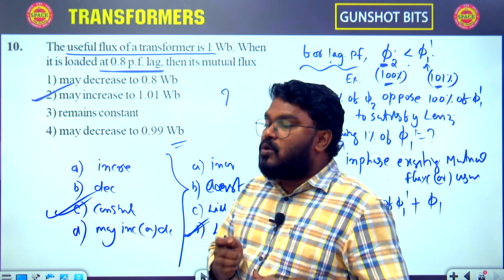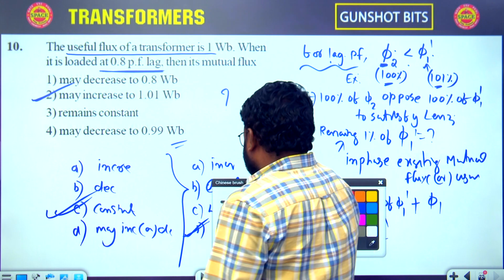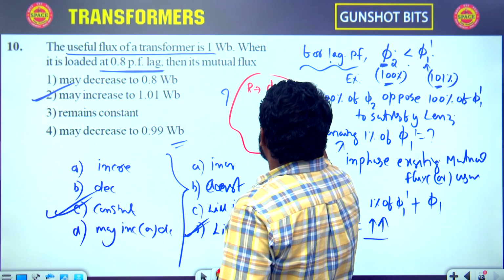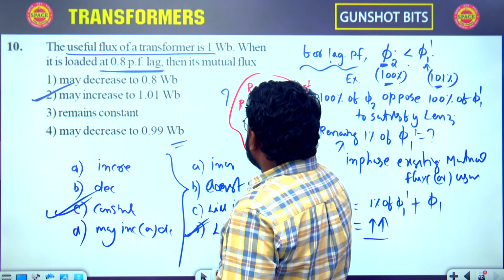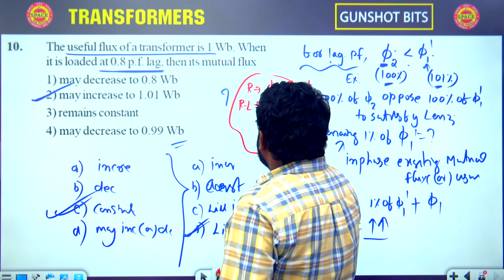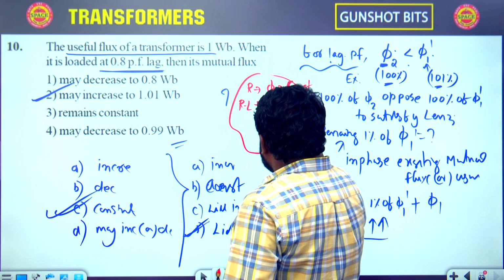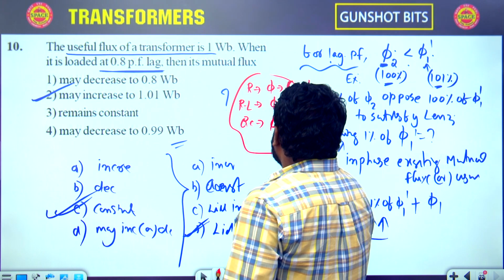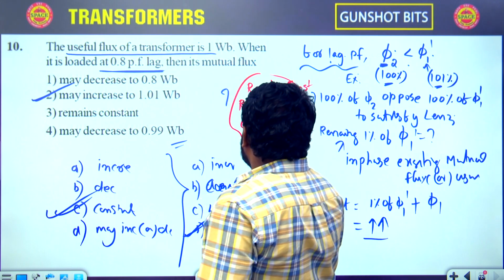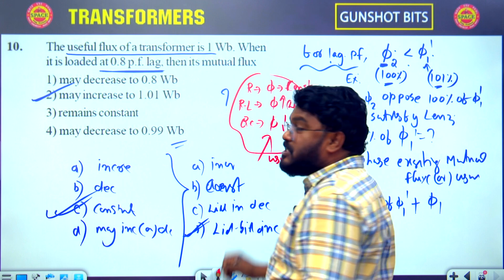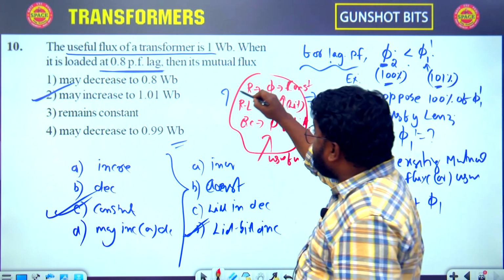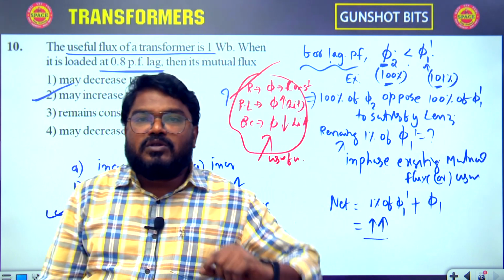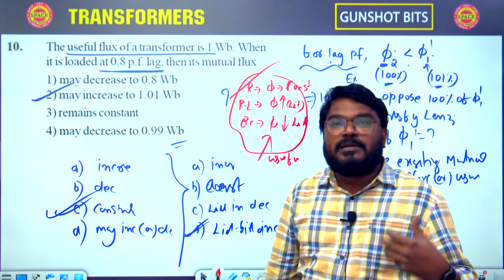For a resistive load, what I have concluded here is that the flux is constant. For an inductive load, this RL type of load, the flux increases a little bit, and for a capacitive load, the flux decreases a little bit as compared to the useful flux, or mutual flux, in the transformer. For a resistive load, as the load increases there is no change; the flux is constant. The change is very small, so we can treat the transformer as a constant flux device.